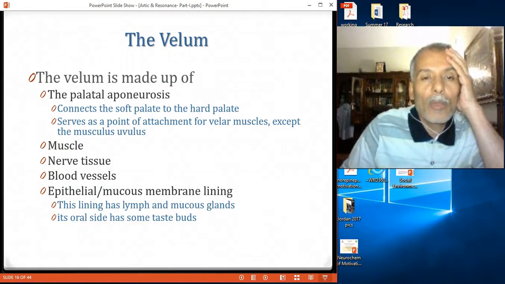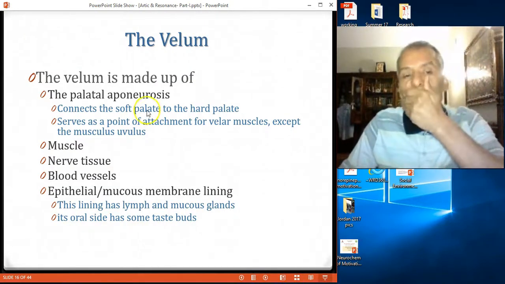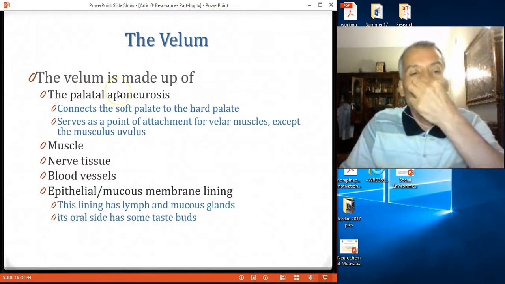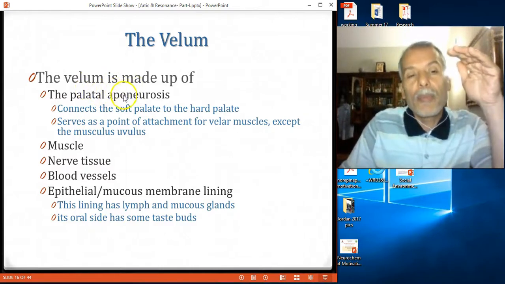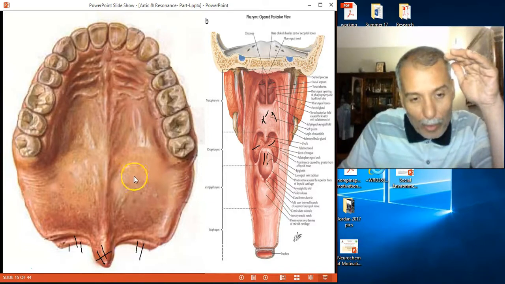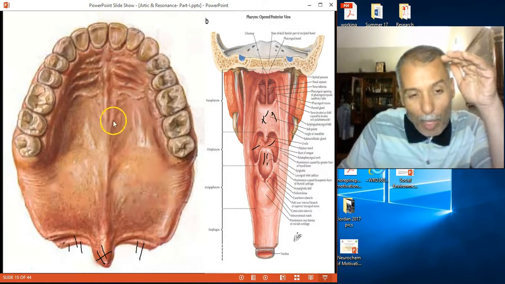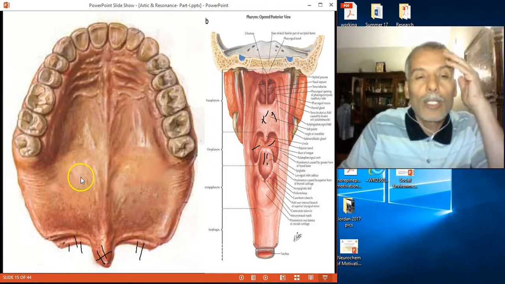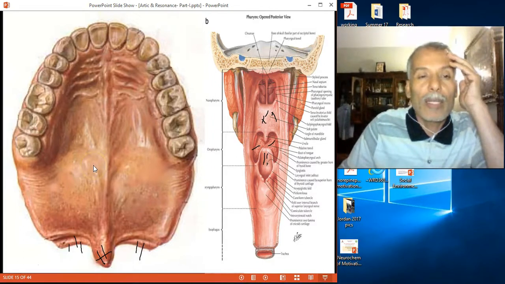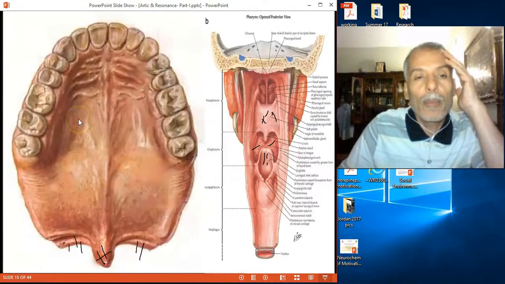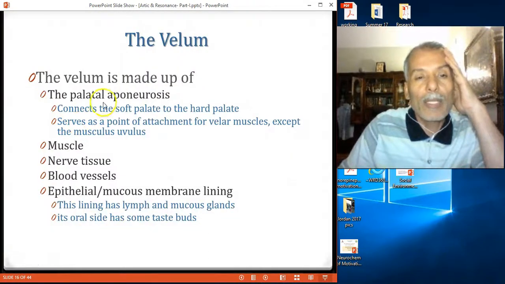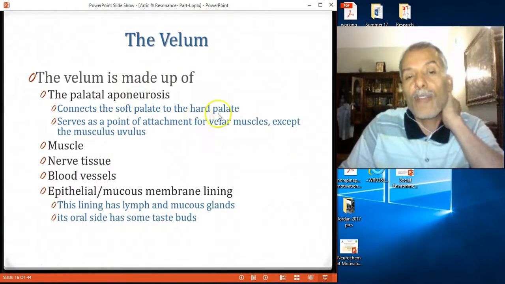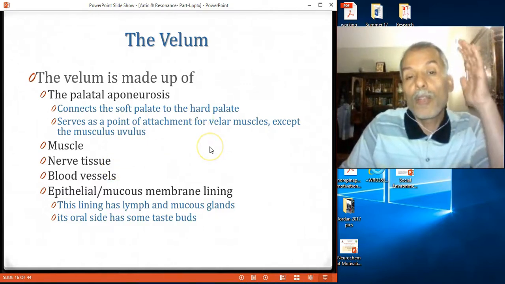So we are going to, again, look at the velum. Part of the velum from the beginning, the soft palate, the first part that is not part of the hard palate, the tendon, that is the palatal aponeurosis. So that is the beginning of the soft palate. The palatal aponeurosis connects the soft palate to the hard palate, and it serves as a point of attachment for the velar